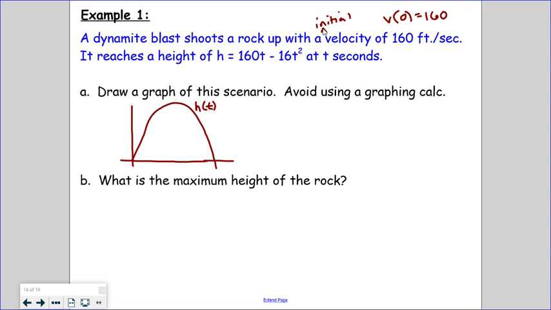I can also graph on the same thing v of t. Now, first of all, v of t I know at 0 is up at 160. I know one more thing about my v of t, and that is that it's going to equal 0. Remember, it's the slopes of this graph, right? It's going to equal 0 when that hits a maximum. Isn't that a horizontal tangent right there? So we would have v of t hitting 0 here, hitting 160 here, and if I were to connect those two,